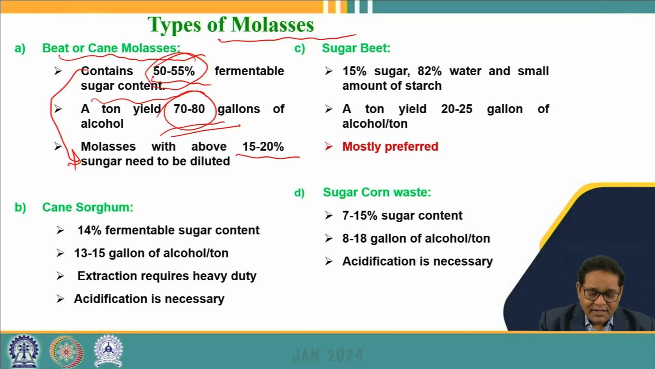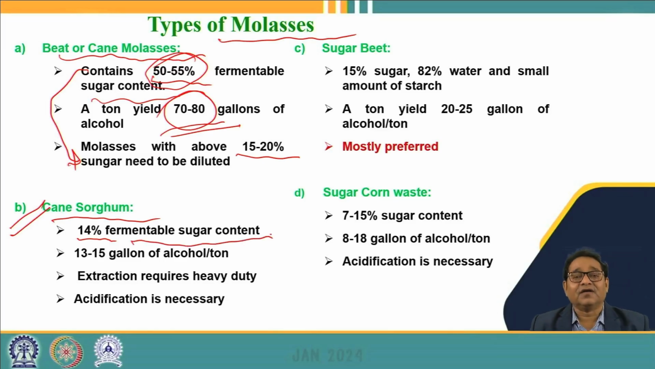alcohol. And then there is another raw material which we can use, that is cane sorghum, which contains around 14% fermentable sugar content. So this does not need any dilution. It's exactly as per the requirement of sugar content for the fermentation process. And similar is the case for sugar beet. Here also the sugar content is around 15%